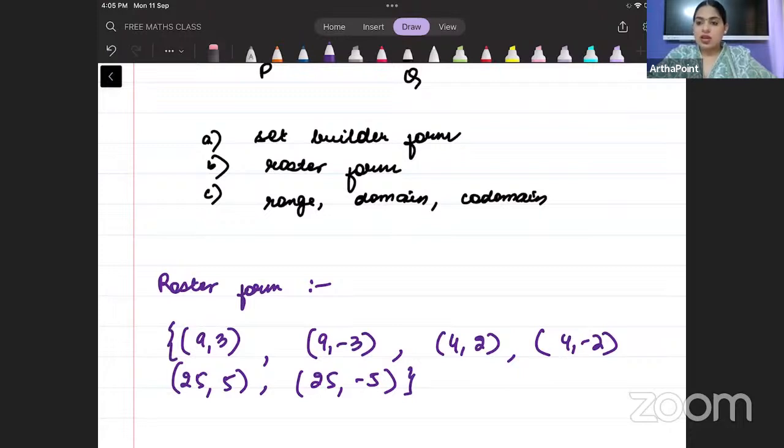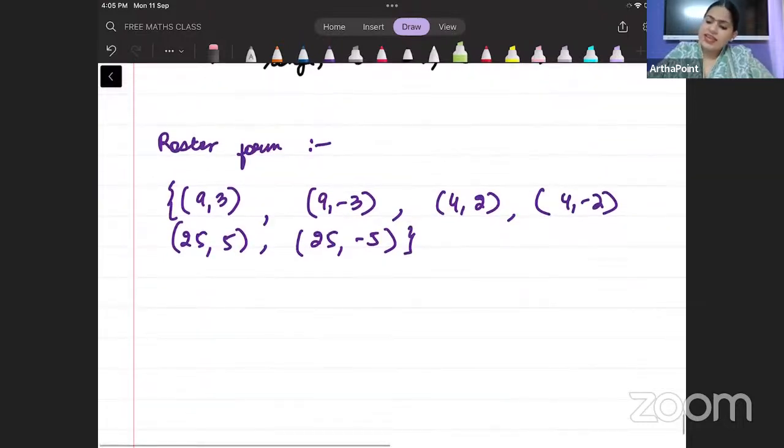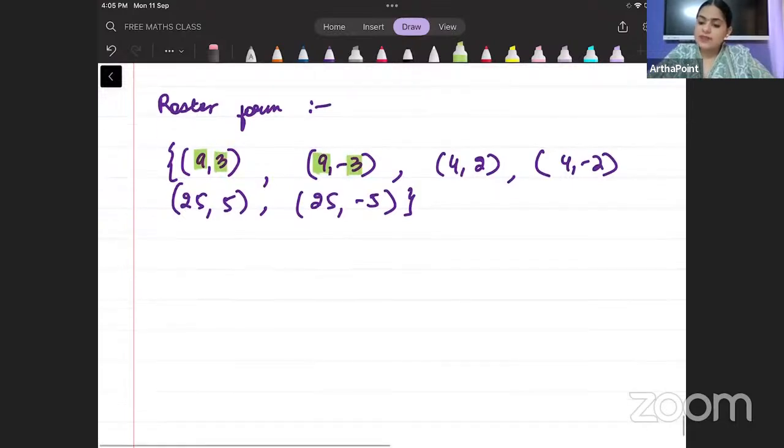Okay, now just think about this. What's the next thing? What are we supposed to do? We are supposed to go ahead and write this in the set builder format. What happens in the set builder format? I can clearly see that 9 is square of 3 and 9 is square of minus 3. So x is square of y. So in the set builder format,